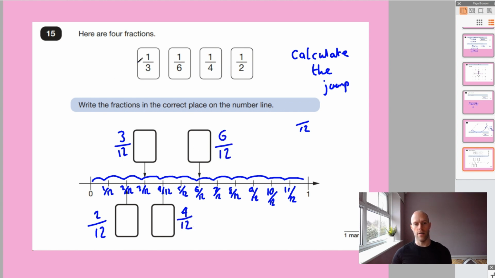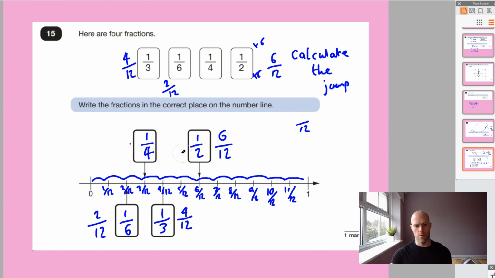So we could convert these times 4, that would be 4/12, 1/3. So I can put 1/3 in there. It's the same as 4/12. 1/6 is the same as 2/12, just double both of them, times 2 times 2. So 1/6 goes in there. I've got 2 more to get now. 1/2, 6/12 here, times 6, times 6, 6/12, 1/2, and that leaves me with 1/4 there, which we can see if we divided that by 3,